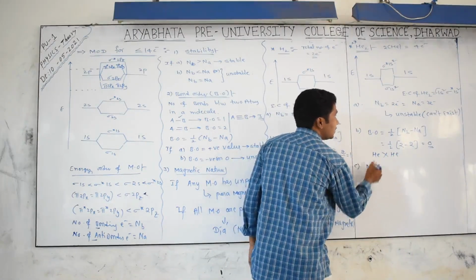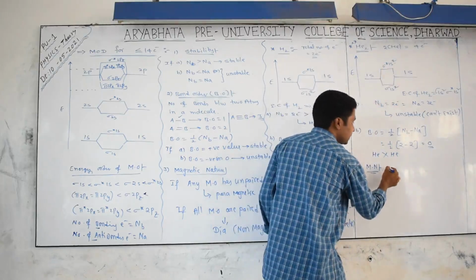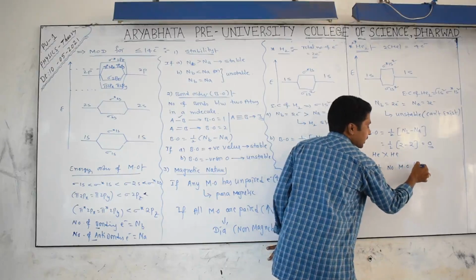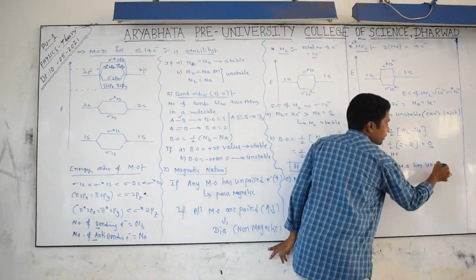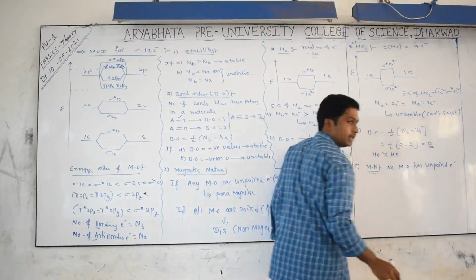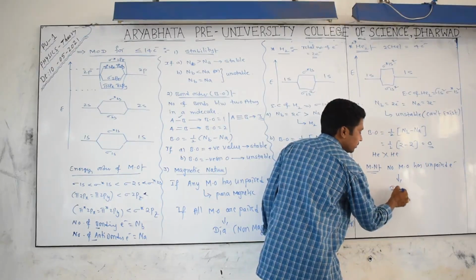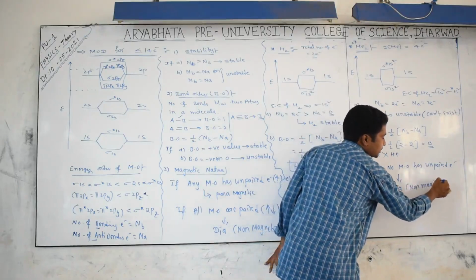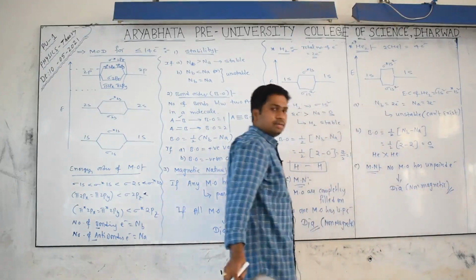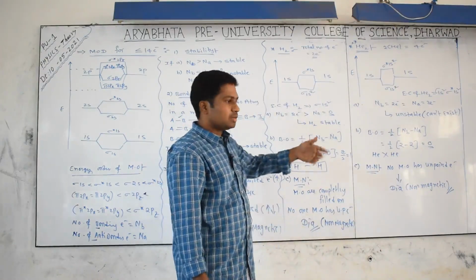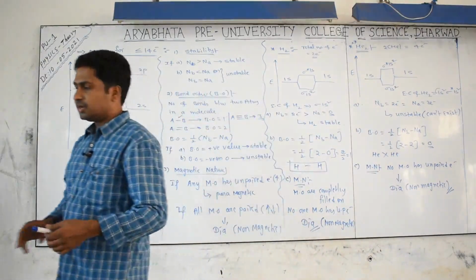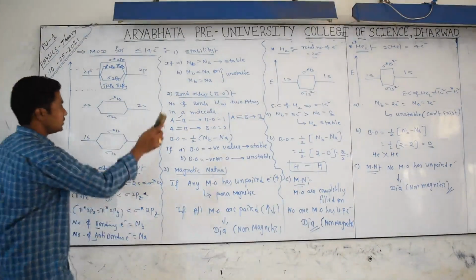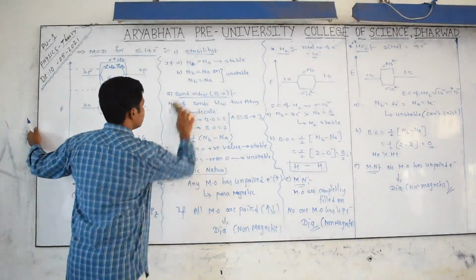Okay, now what about the magnetic nature? All the molecular orbitals are fully filled, which means no molecular orbital has an unpaired electron in it. That's why we call them diamagnetic, or non-magnetic substances. Is it clear? Yes. So like that, there are so many examples. I will give you an explanation for this one. Just now we finished hydrogen and helium. Now see the other things we are discussing.